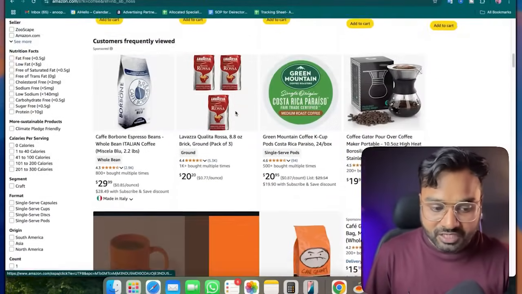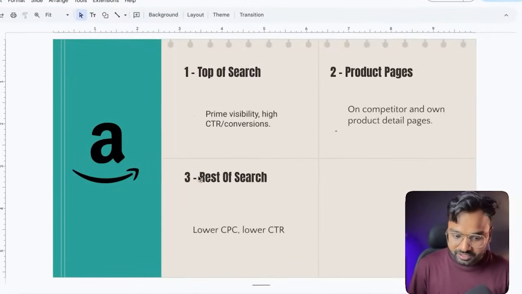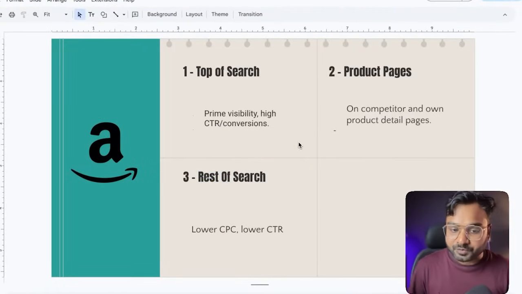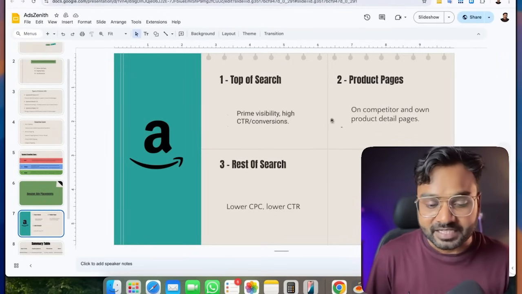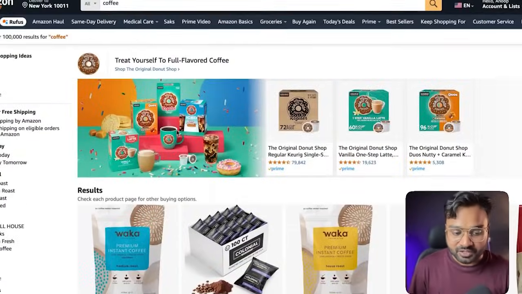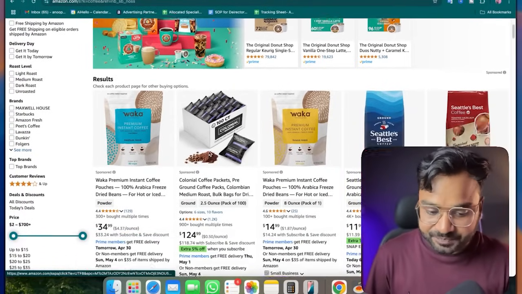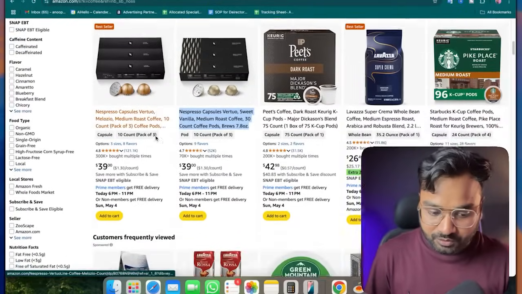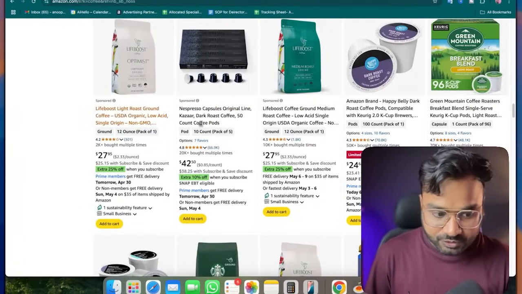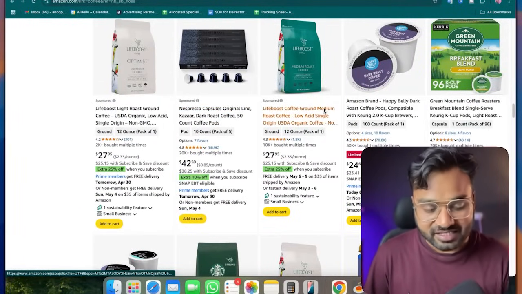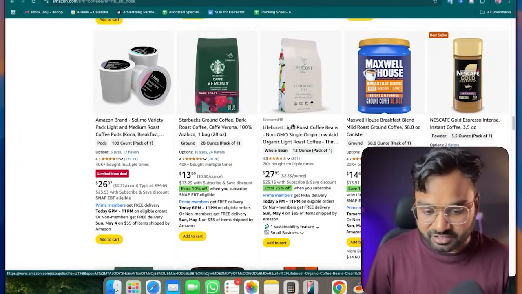And then if you go down here, this is all called rest of the searches. Why am I explaining this? Because you can optimize your ads based on this placement also. Like you can say, hey Amazon, I want to pay an extra 20% to land my ads here. I'll talk about that later. So this is Amazon rest of the search. If you go down, you see sponsored. This is also rest of the search, and this is sponsored products ads. Again, this is also sponsored products ads, rest of the search, right?